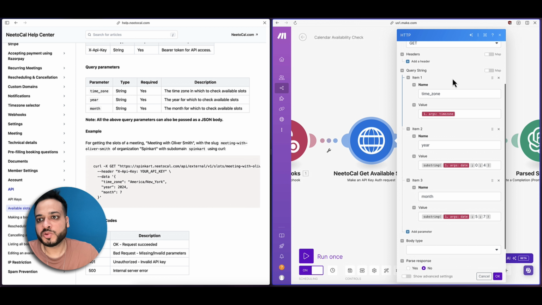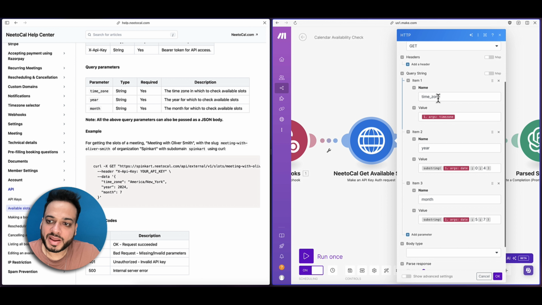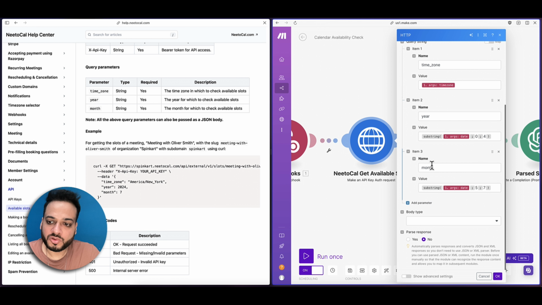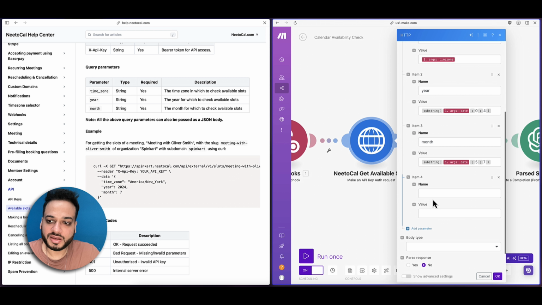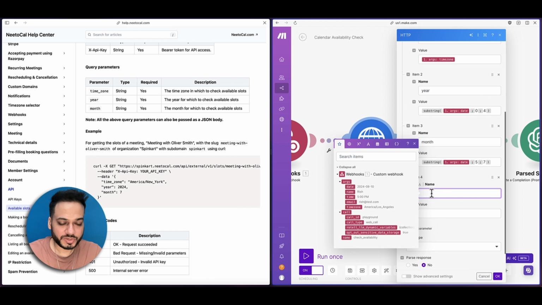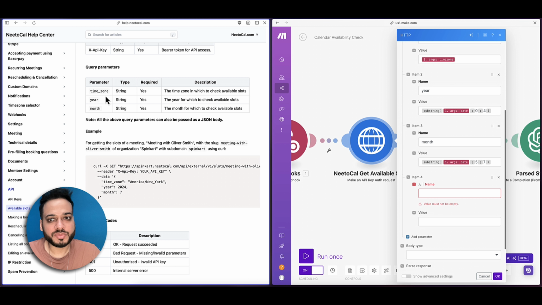So what we'll do is add a query string, and by default, all of these would be empty. You have to click add parameter and name it exactly how it is named right here. If the time zone is time_zone, you can't write time zone as a single text. That would give you an error.